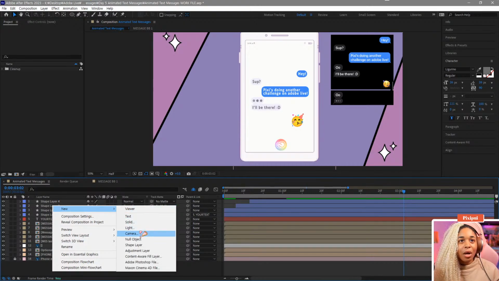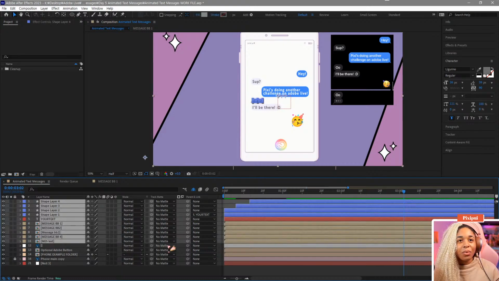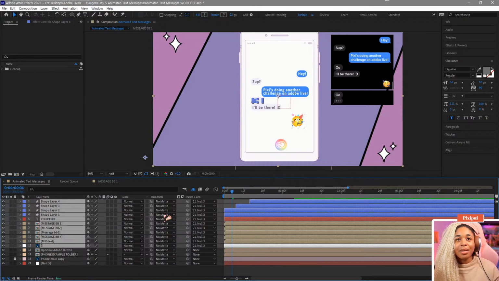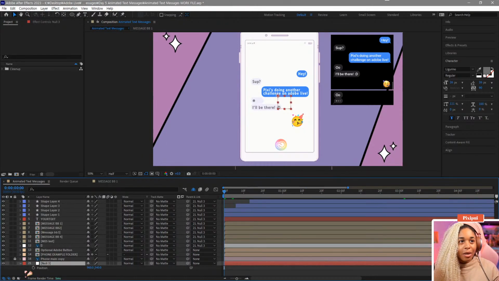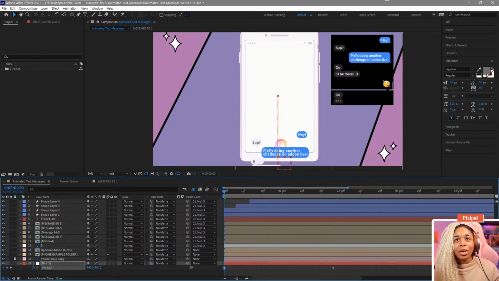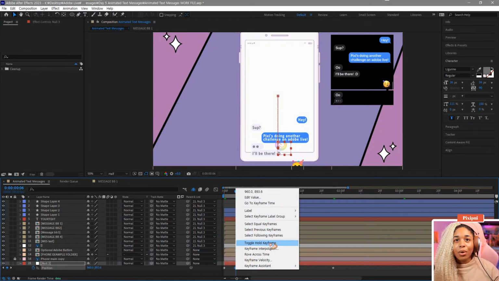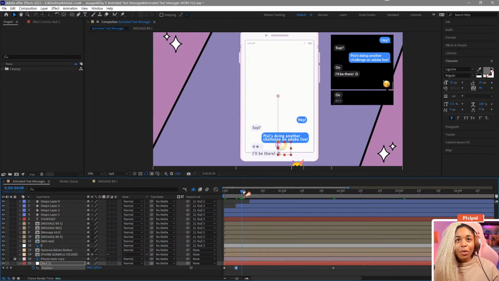So if we go over to null, pop this down at the bottom, connect everything to it because we're running out of time. Connect everything to it. Go to your position, P for position here, P for position there. Drag this one down, have it move up. And when you want it to stop, move it up, press the keyframe button, right click, go to toggle hold, copy that, move it over a little bit, press paste,